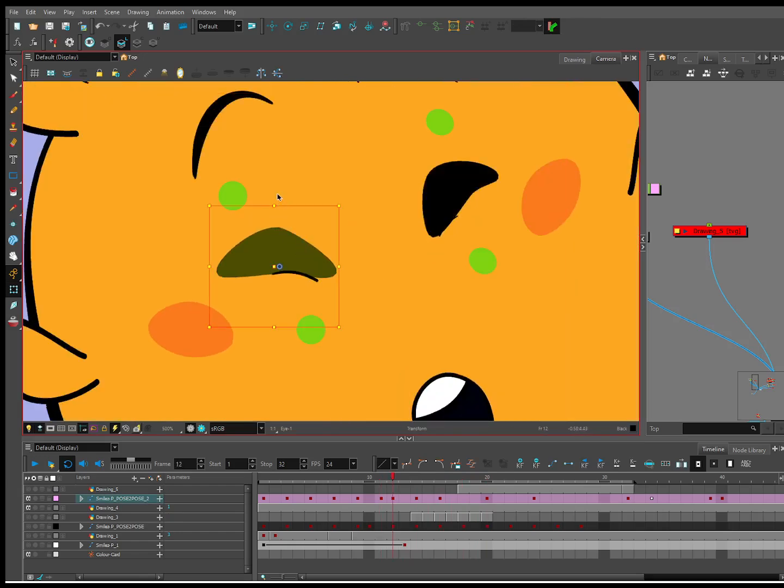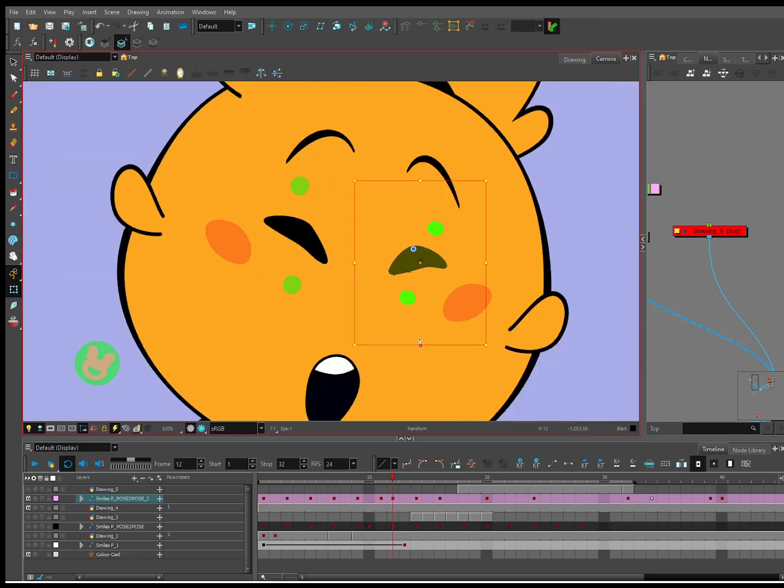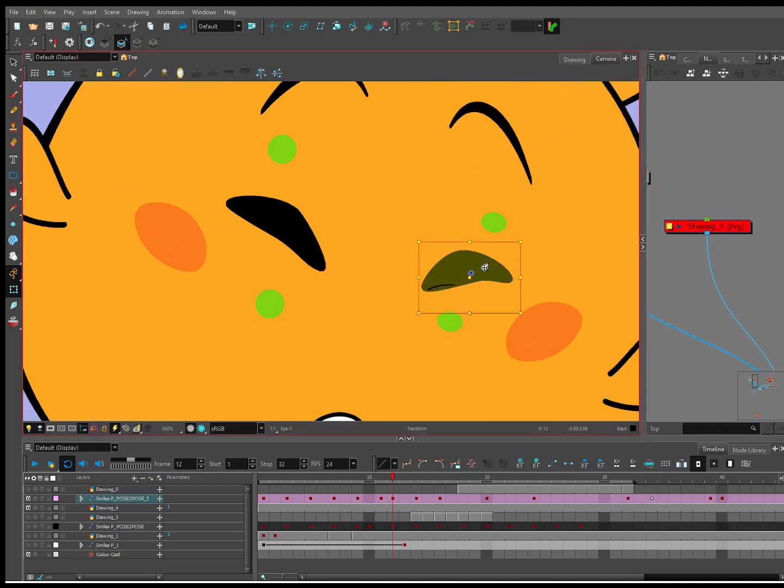Now I am going to offset the eyes, because I want to make sure that the face is not too frozen.